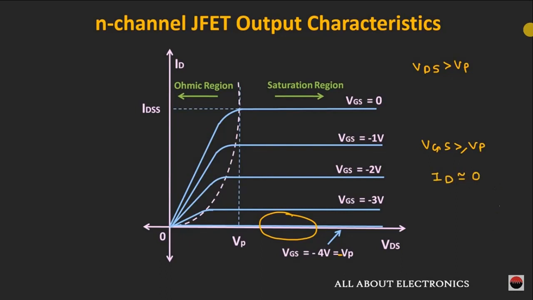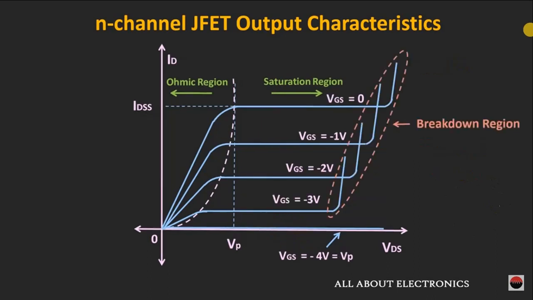So apart from these 3 regions, there is one more region, and it is known as the breakdown region. And like a diode, this region of operation should be avoided. So in this saturation region of operation, if we increase this voltage VDS beyond a certain limit, then there is a vertical rise in this drain current, or we can say that the breakdown has occurred. And now the current is limited solely by the external circuit. So generally in the datasheet, the maximum value of the VDS has been defined. So during the operation, the value of this VDS should be less than this rated value. So this is all about the output characteristics or the drain curves of the JFET.